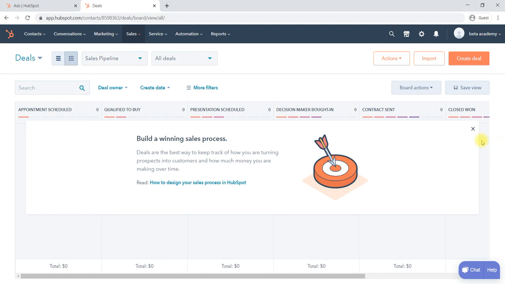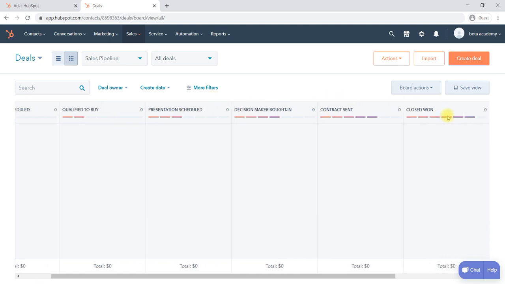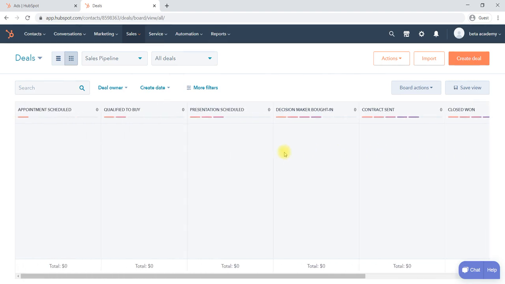For example, here you can check: 1, 2, 3, 4, 5, 6, 7 steps are there to complete one particular deal, in the sense one particular purchase from a customer.